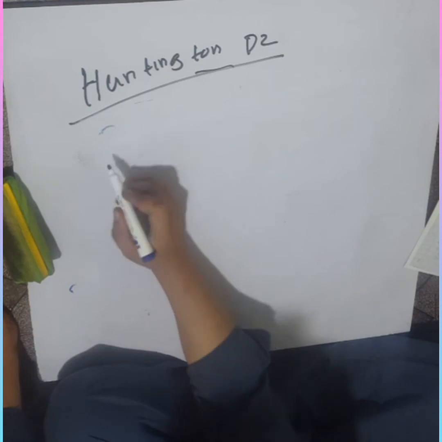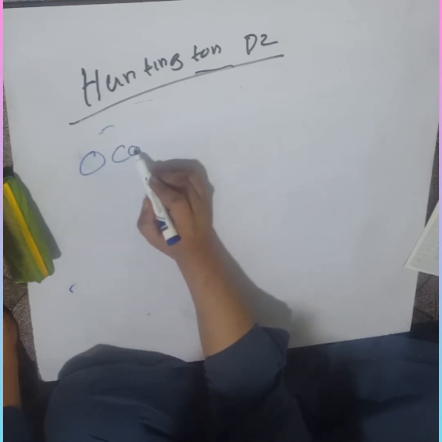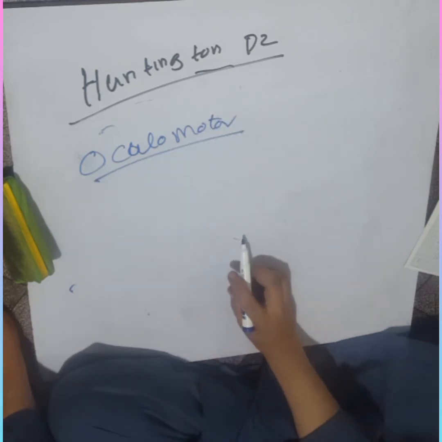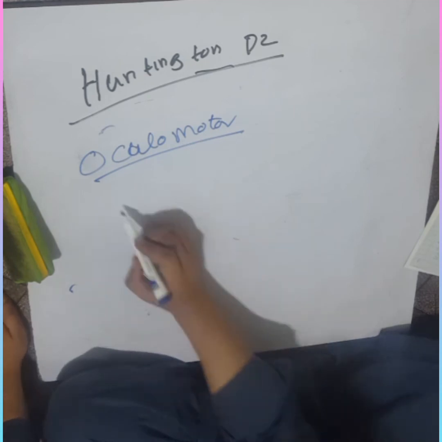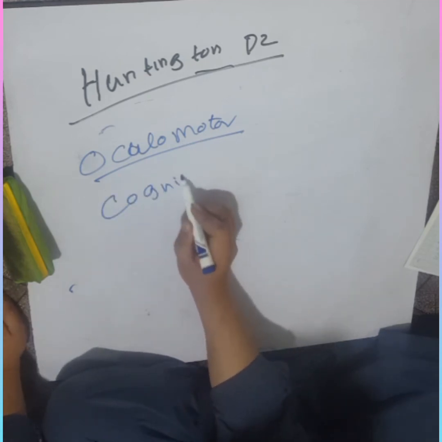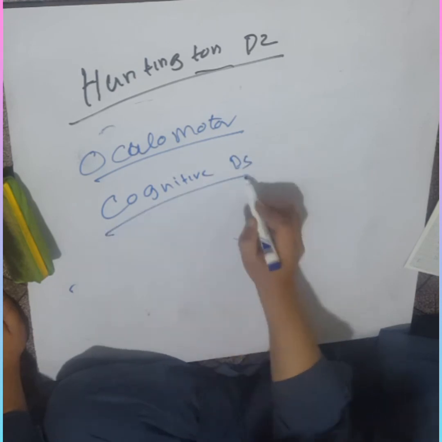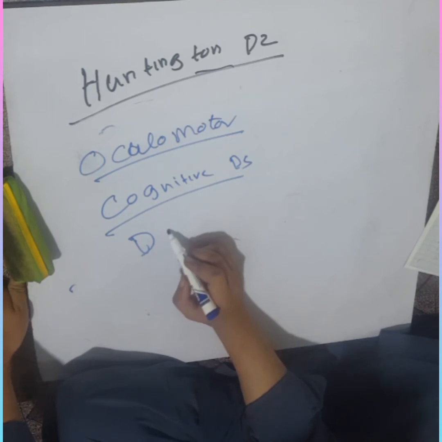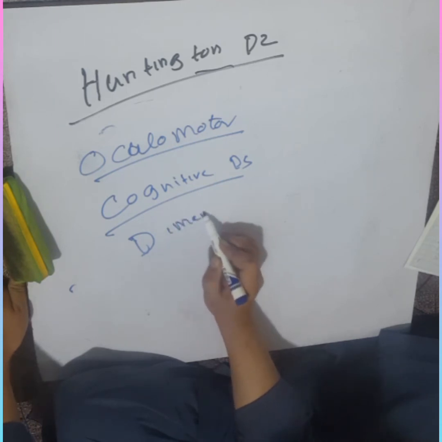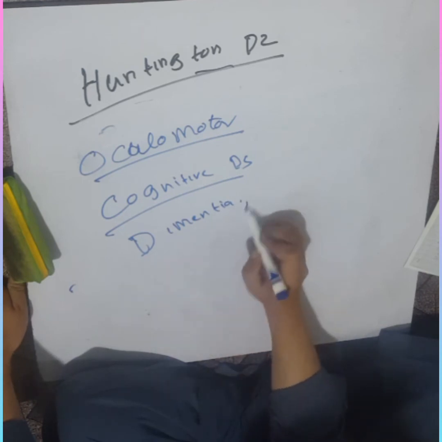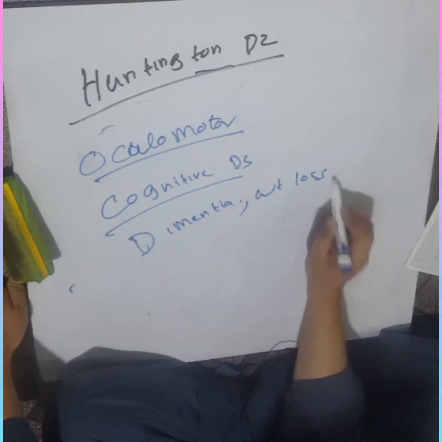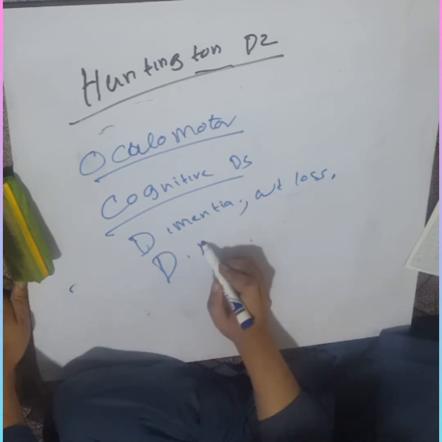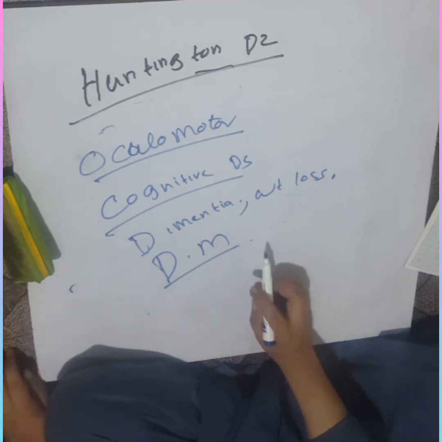Now we will discuss the oculomotor changes. Oculomotor, that is visual disturbance, occurs. Cognitive dysfunction can also occur. Dementia may be produced. Weight loss occurs. The interesting thing is that diabetes mellitus may develop in Huntington disease